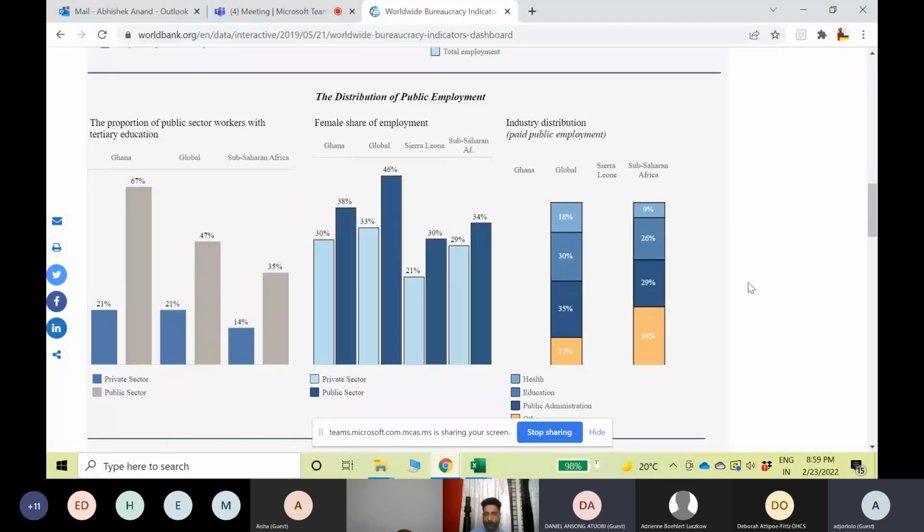But as my colleague Deborah just said, there are a lot of flexible working conditions in the public sector compared to the private sector. For instance, women enjoy 3 months maternity leave in Ghana as a policy, and most of them take it. In addition, they also enjoy the annual leave. Both men and women are paid the same salary so far as they have the same qualification and they are on the same grade.